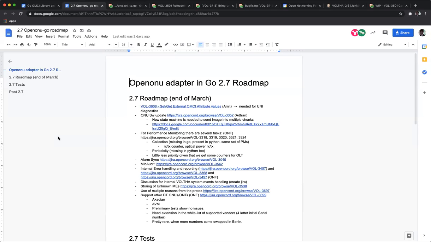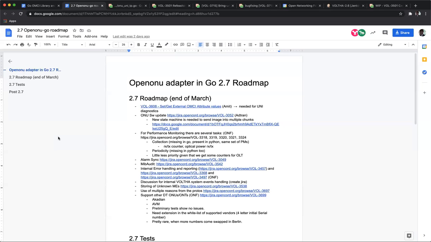But we also want in the Go version to get it periodically, to update these counters periodically. It is a little lower priority than the get/set external attributes and the software updates because we do get some counters from the OLTs.